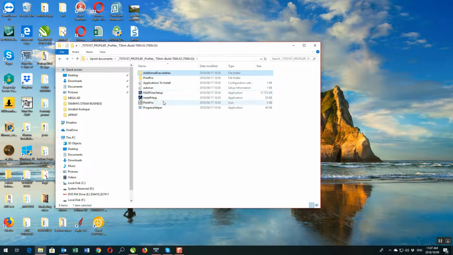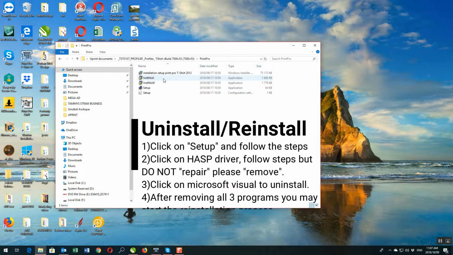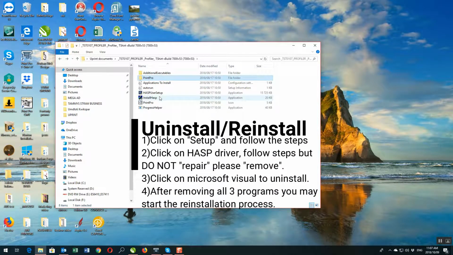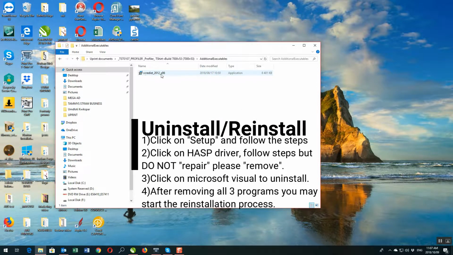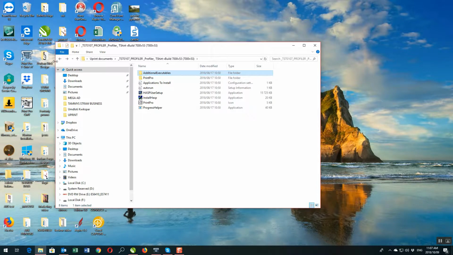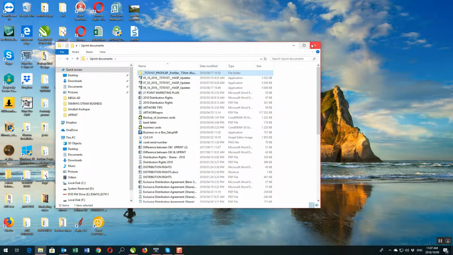Now guys, if you want to uninstall your RIP software and then reinstall it, you go through those settings again. Double click on that, go through the uninstallation process, double click on that, go through the uninstallation process, and then uninstall your Microsoft Visual. You must uninstall all three in order for it to reinstall properly the next time. You can't repair anything. Do not click on repair, because it will not work. Alright? Now another important thing, guys,